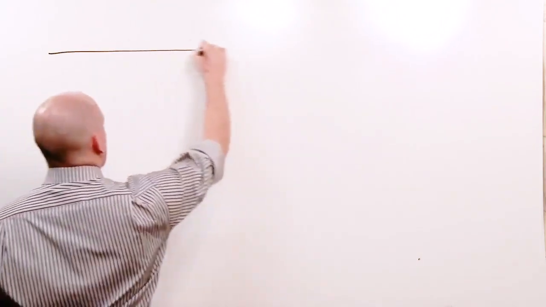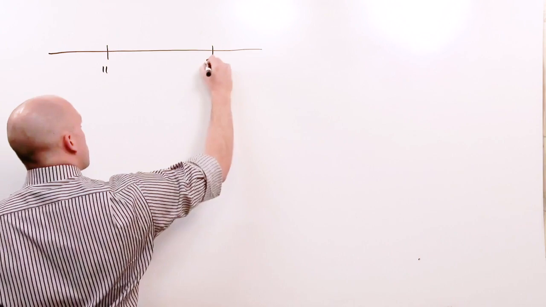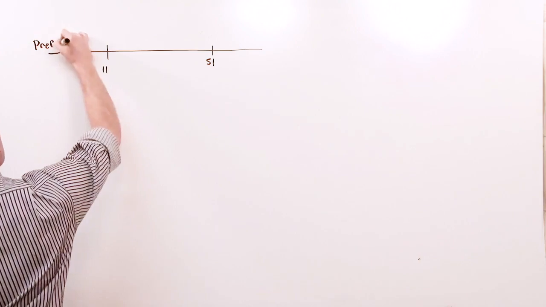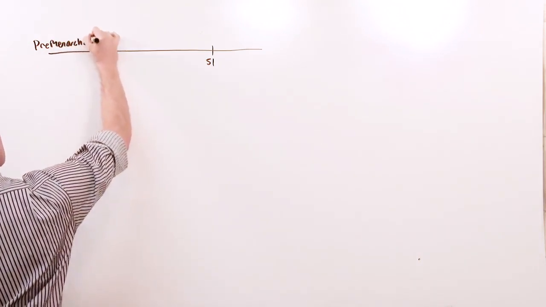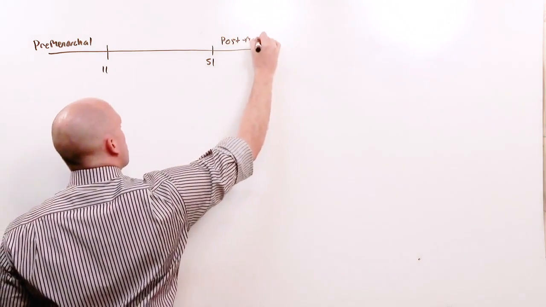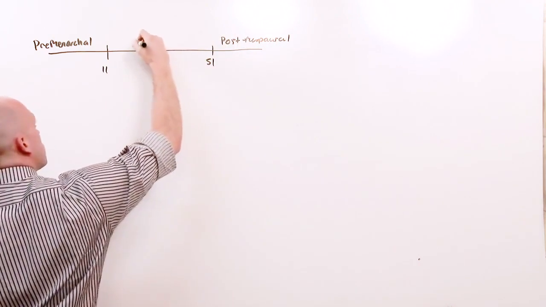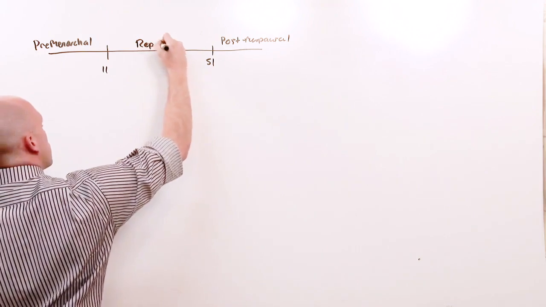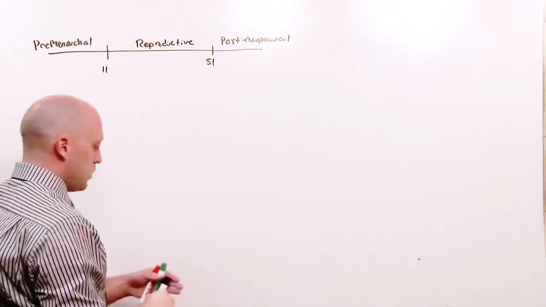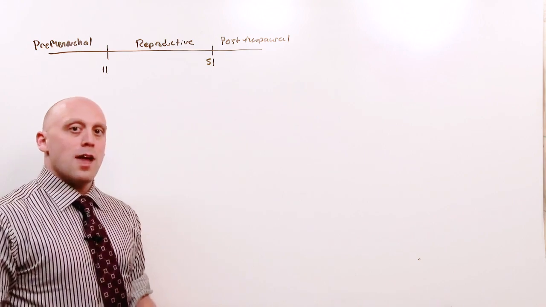Over the course of a woman's life, she'll go through menarche at 11 and menopause at 51. The pre-menarchal age group is pediatrics. The post-menopausal age group is older, and in between menarche and menopause is the reproductive age group. In each category, you want to have the thing that you're most worried about or need to consider, and also